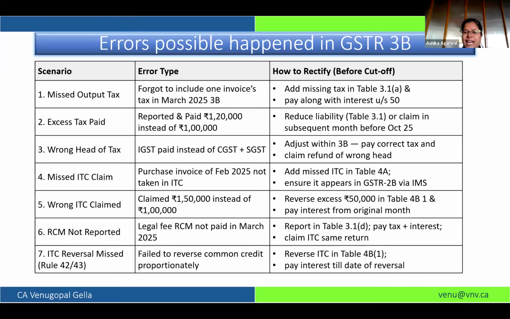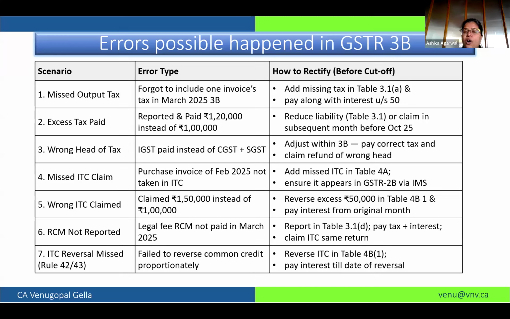Another thing which is coming is for the ITC part. If you miss claiming ITC, as we discussed, GSTR1 plays a very crucial role in claiming the ITC also. Suppose there is an invoice in your books, but it has still not come in 2B. You have to contact your supplier and ask them to report. If they report and it gets auto-populated in the October month GSTR 2B, you can claim the ITC of it. But if it does not get auto-populated in 2B of October month, that ITC is permanently lapsed.